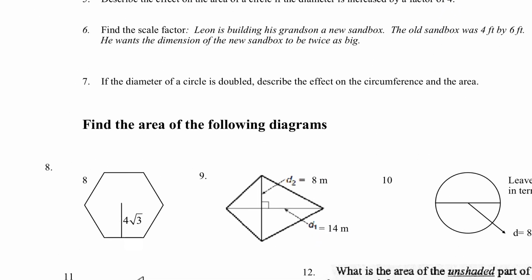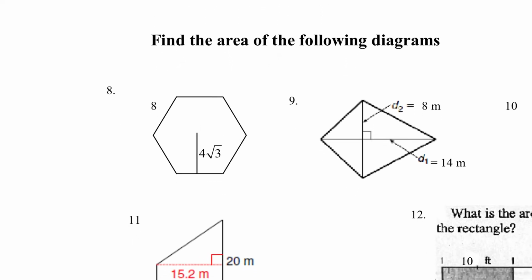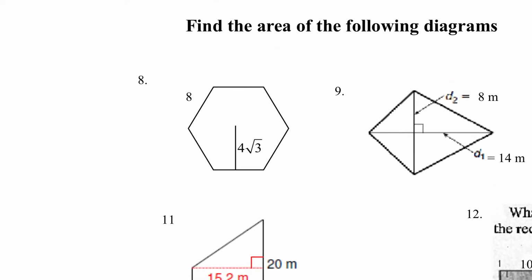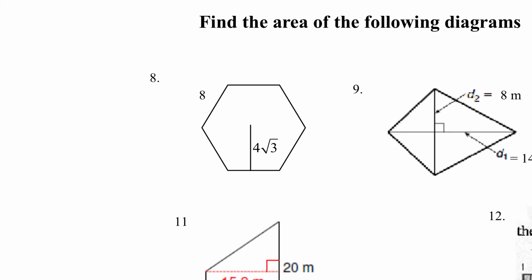Okay. So let's go ahead and drop down to number 8 down here. So on all these it says find the area of the following. So on this one, this is a regular hexagon, so we're just going to use the regular polygon formula. Area equals the apothem times the perimeter divided by 2. So how long is the apothem of this hexagon? 6.92. Okay, if you get the decimal of that, or if you just want to leave it like that, the apothem is 4 square roots of 3